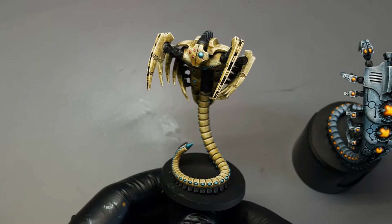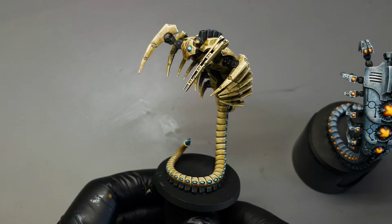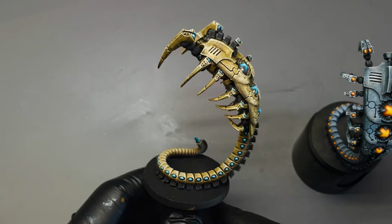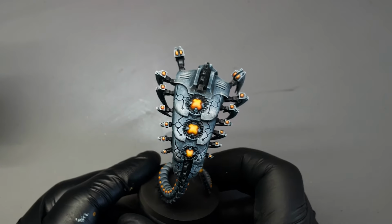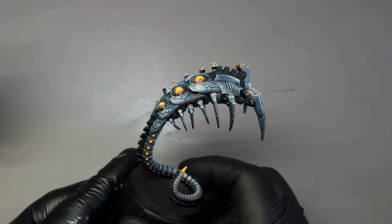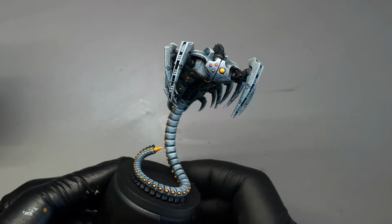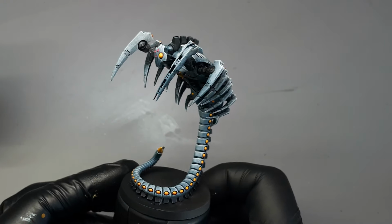All in all, I'm really happy with the way the stippling technique and the enamel wash has turned out. And I now just need to work out which one I'm going to use to paint the rest of my Necron army. I think I'm leaning towards the blue steel with the orange highlights,